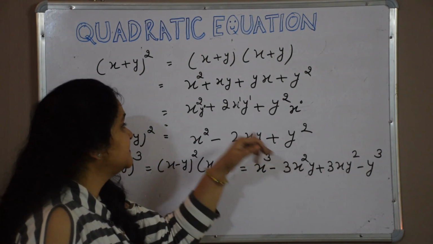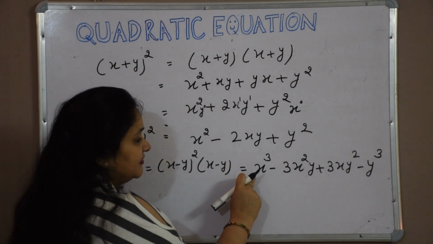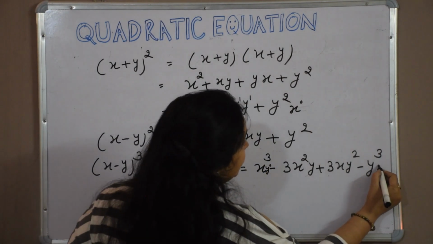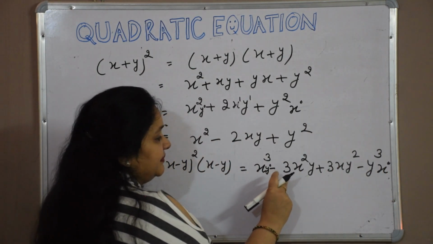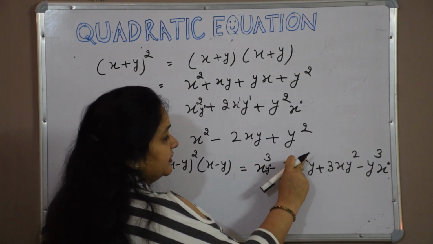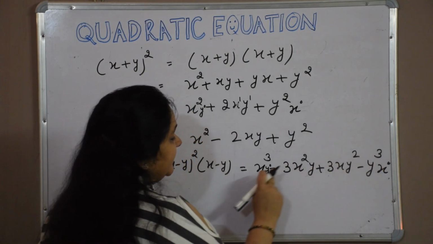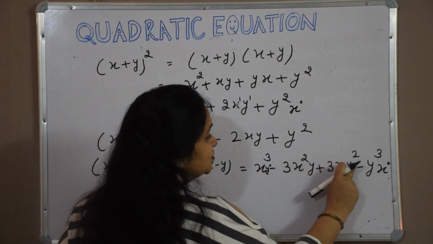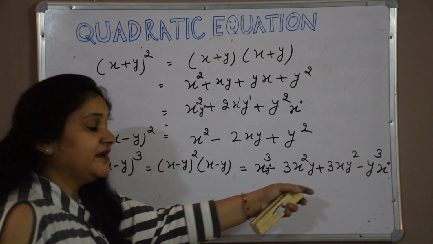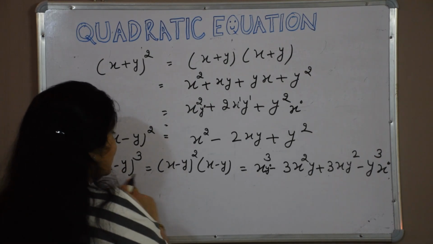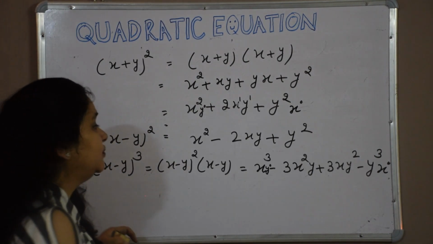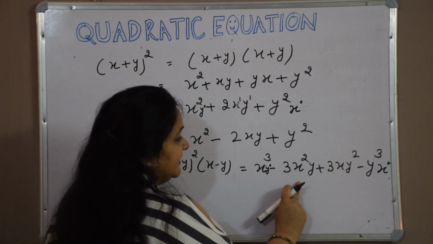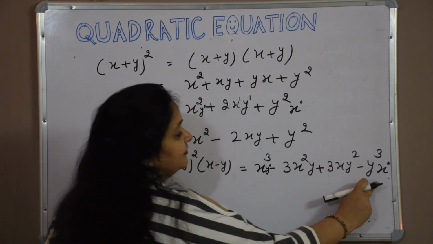See, here is the same symmetry I told you earlier. Here the power of x is cube and there is no power of y, so it is y raised to power 0, and here x raised to power 0. So it becomes x cube, x square, x to the 1, x to the 0, and the powers of y are increasing: 0, 1, 2, 3. This way you can remember this result very easily. Because it is (x minus y) whole cube, the negative sign will come alternately. First term is positive, second negative, third positive, fourth negative.